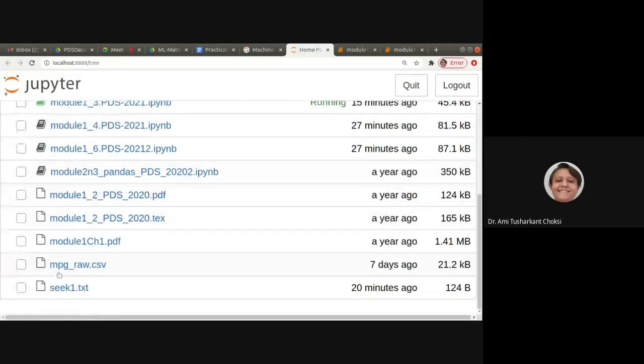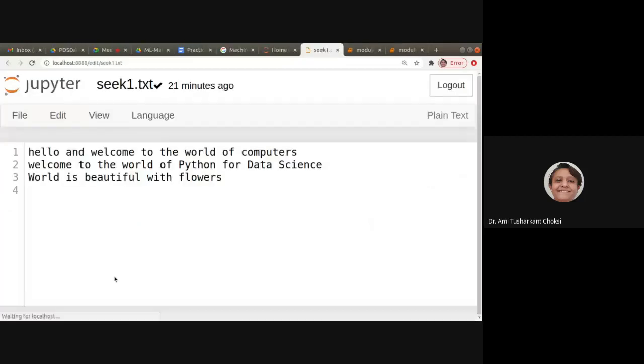Where is sequence.txt, right? So hello and welcome to the world of computers is the first line. Welcome to the world of Python for data science is the second line, and world is beautiful with cloud is the third line. That is in the sequence.txt file.